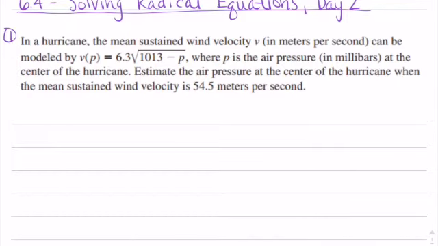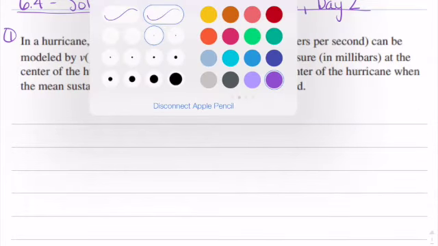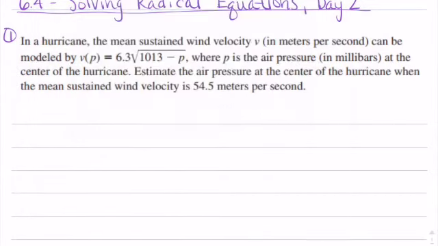which is solving equations that have radicals or roots in them. So this is just a real world example. This could be a word problem that you could even see in your physics class if you're in physics, dealing with pressures. All right, so in a hurricane, the mean sustained wind velocity V, so that's our velocity V,